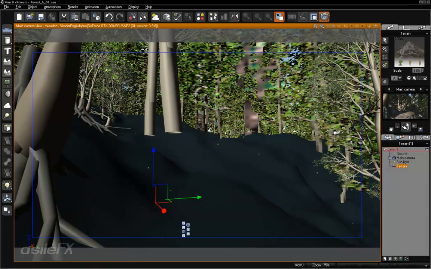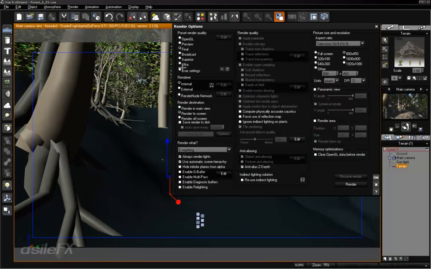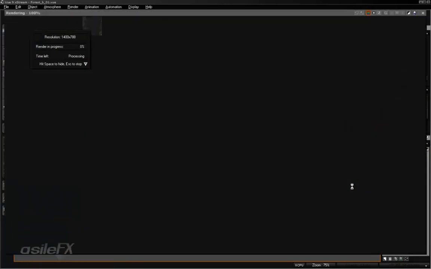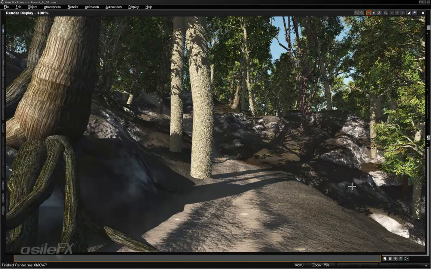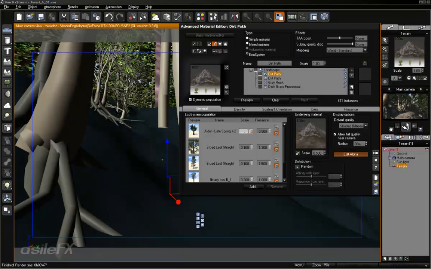And I'm going to go ahead and render this out so we can take a look at the current amount of vegetation. I'll go ahead and make this a little bit larger. Just using the final render mode for now. So the scales do need to be modified a little bit. The trunk of that alder looks terrible. The material is not looking good. I'm just going to reduce the scale of that down to 0.25